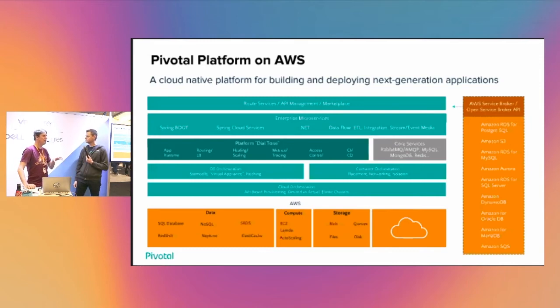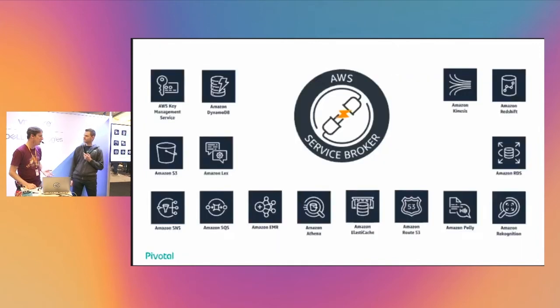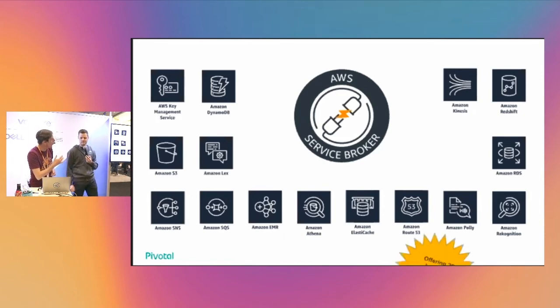There's a relatively small subset of these services that are meaningful to the applications that are being built. We started off with, I think, what was it, 18? 18 services on launch, and that launch was literally basically a year ago. Yeah, so 18 services and a fair cross-section. There were some databases, some NoSQL, there was some caching, we got some object storage in the form of S3,